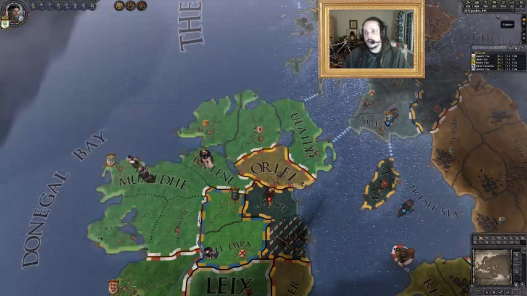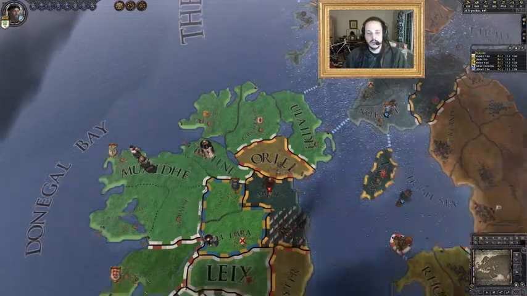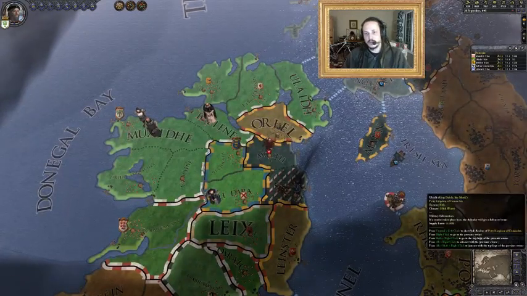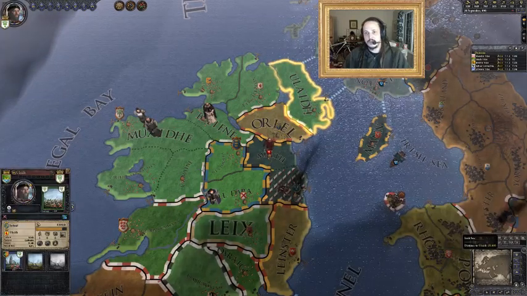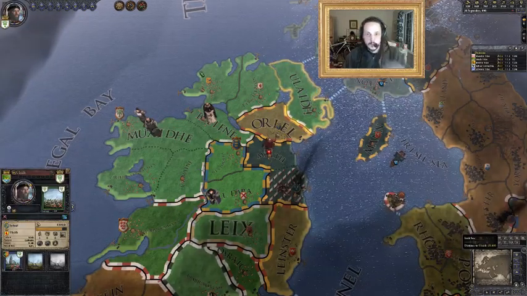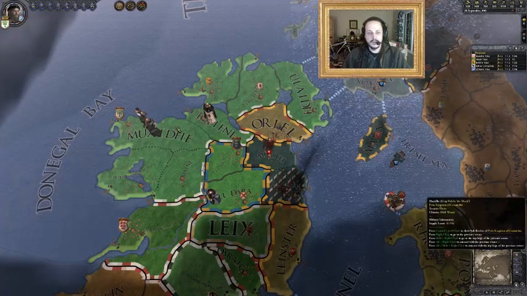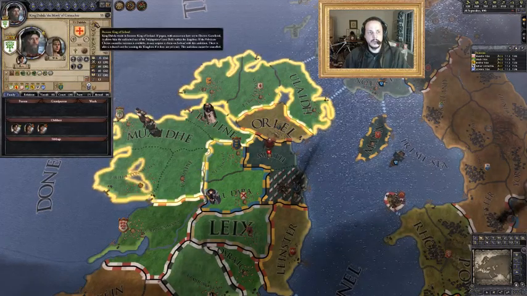We have 5 territories in our personal domain. That's the land that we can hold for ourselves, including the entire Duchy of Connacht, plus the actual territory here of Ulster itself, where it borders on Scotland. We need just, I believe, 3 more territories in order to form the Kingdom of Ireland, which of course is